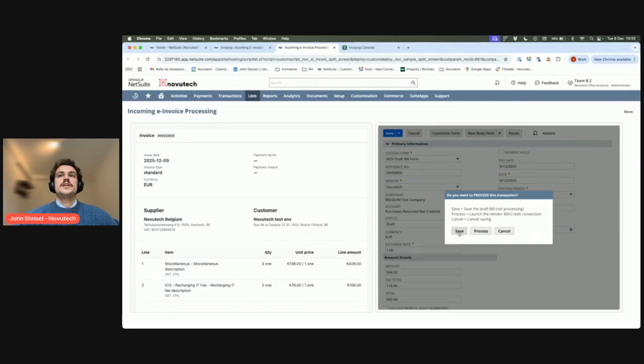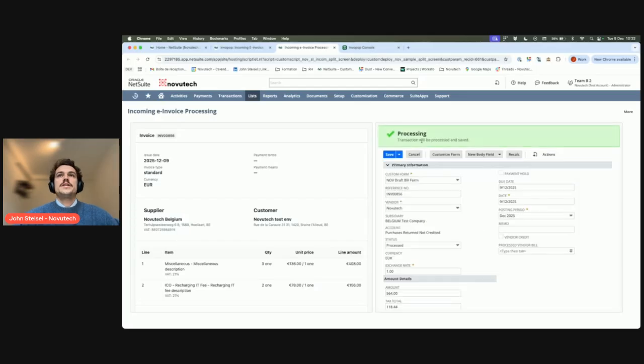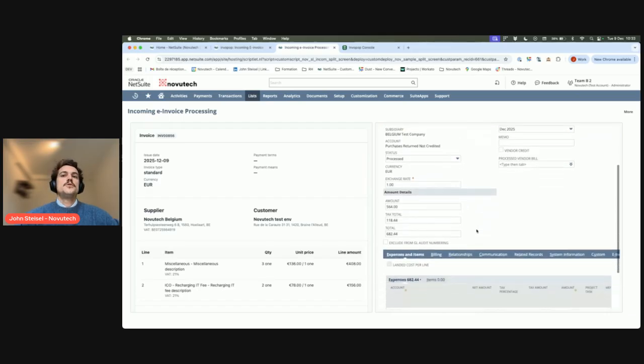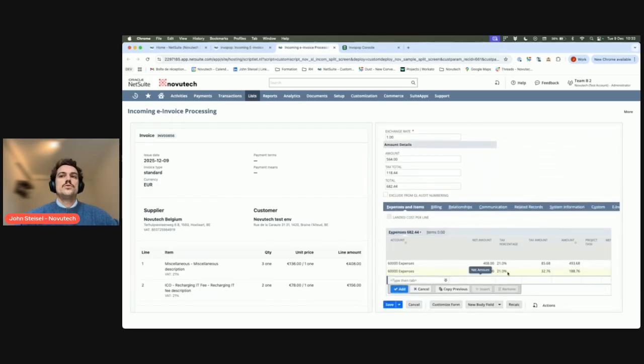Either I save the draft bill without wanting to process it into a vendor bill because I'm not sure yet, or I decide to process it into a vendor bill. So we're going to do that. We see that this is processing now. In the meantime, I'm going to explain why we chose not to go for a tax code. As you can see here,